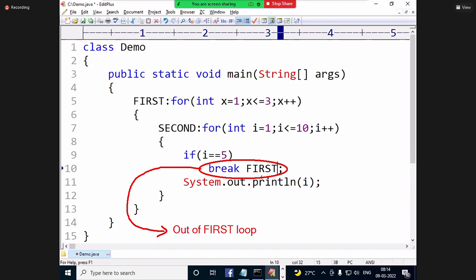So if I write break first, the first loop is terminated. If I write break second, the second loop is terminated. Only break also terminates the second loop.